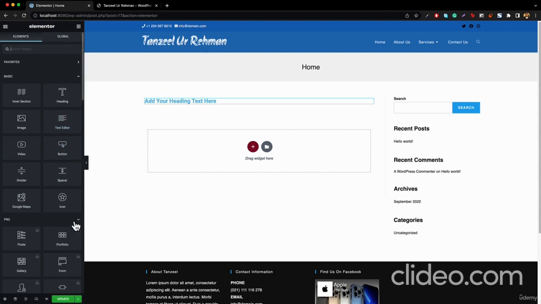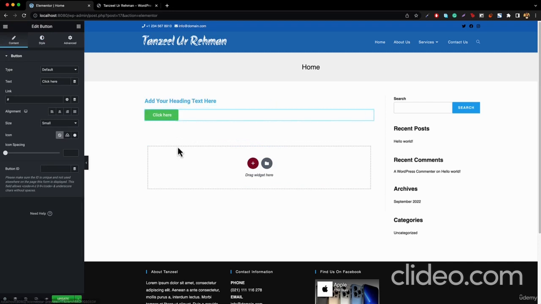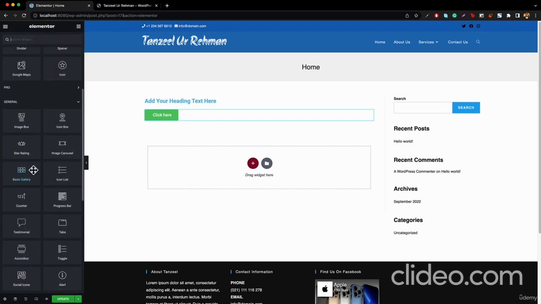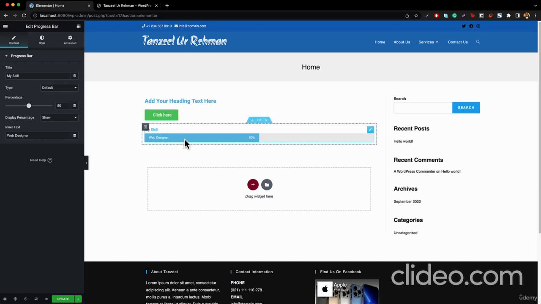So I'll be just unchecking this pro because I do not want to take a look at the pro elements right now. And now let's suppose that I want to add a button, so I'll just drag the button and drop it in here, and you can see that I've also got a button over here. Similarly, if I click on here, now I can go down and I can add so many more things. So let's suppose that I want to add a progress bar. So I just drag this and drop it in here, and you can see that that is added